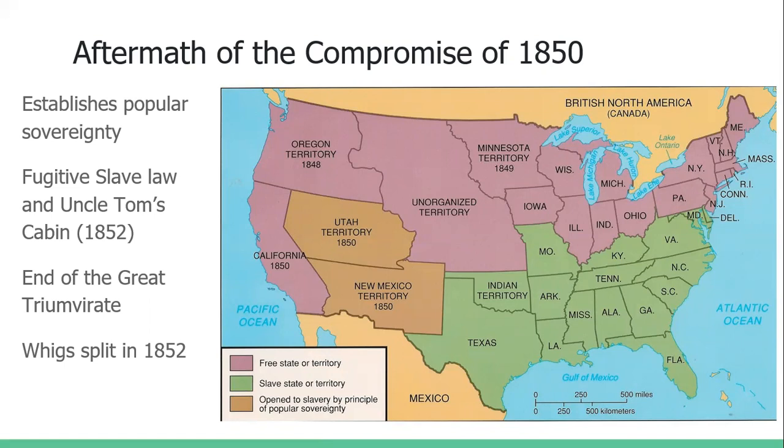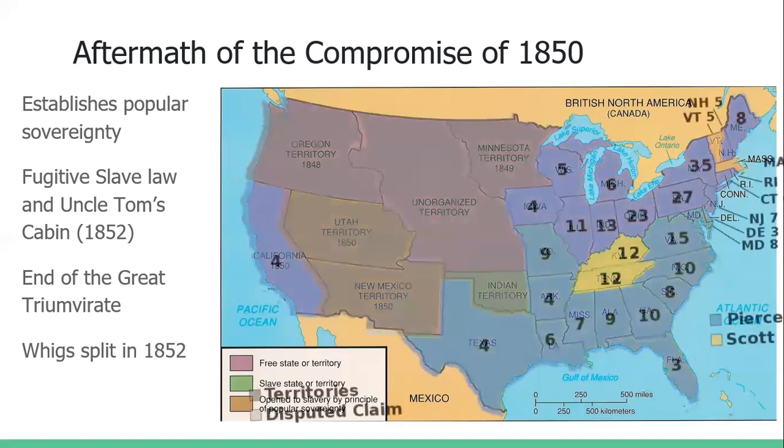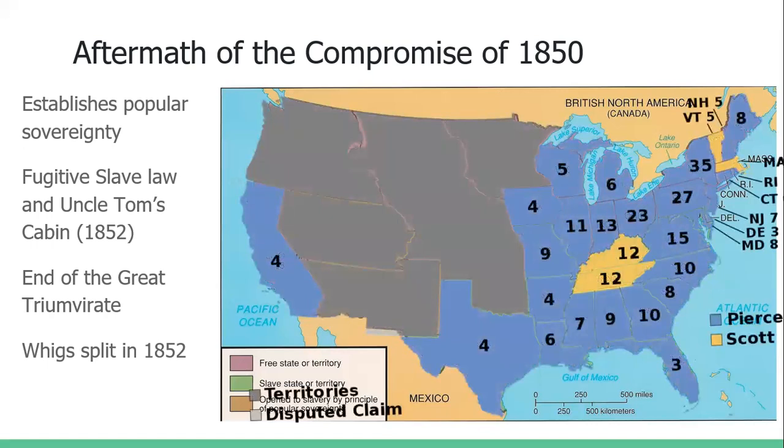And then the Southern Whigs are going to join the Nativist American Party and also the Constitutional Union Party, which are parties that are basically trying to keep things going reasonably well. But of course, it's not going to work because we get to talk about the Civil War. All right, so let us keep going.